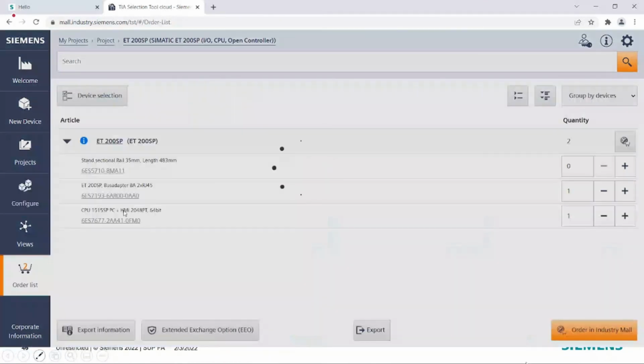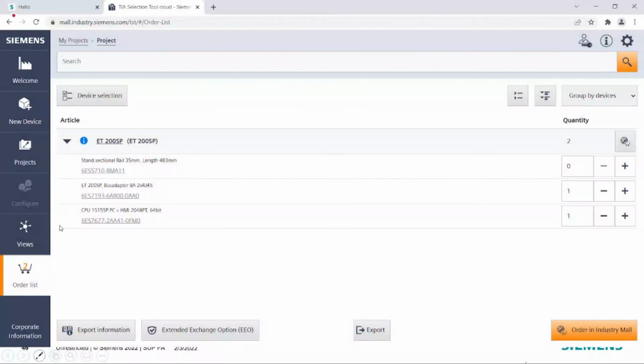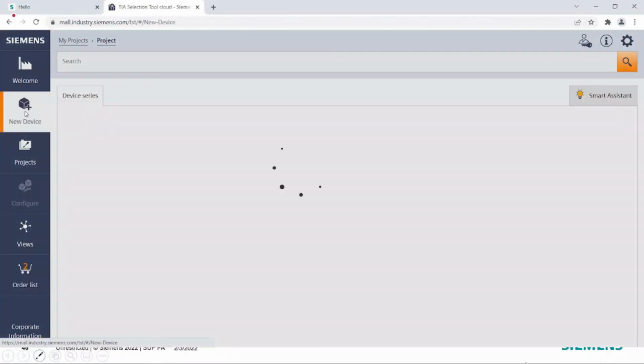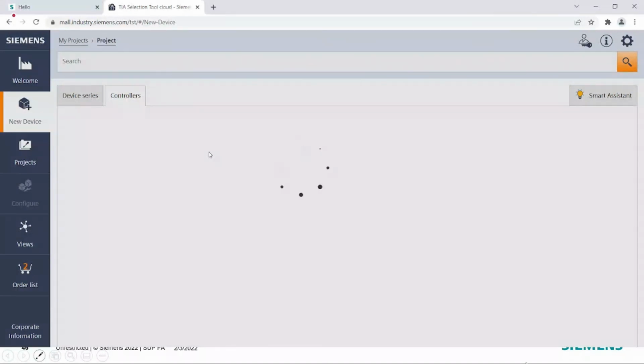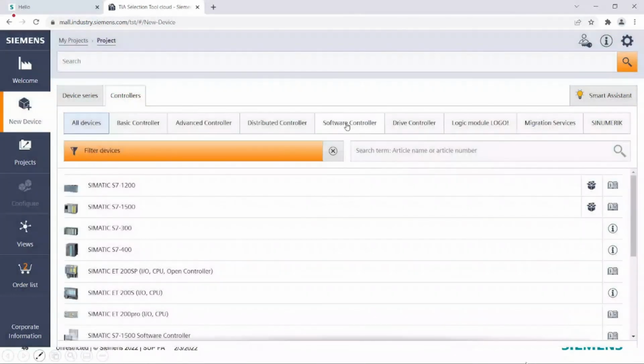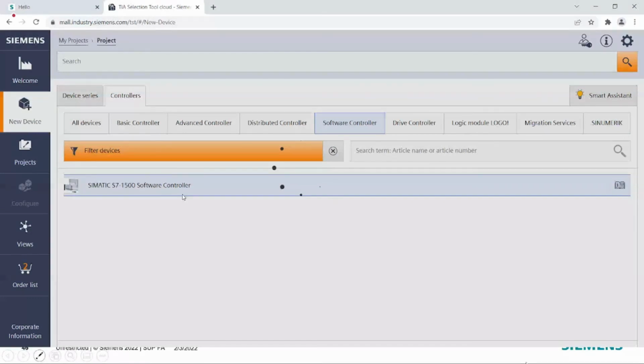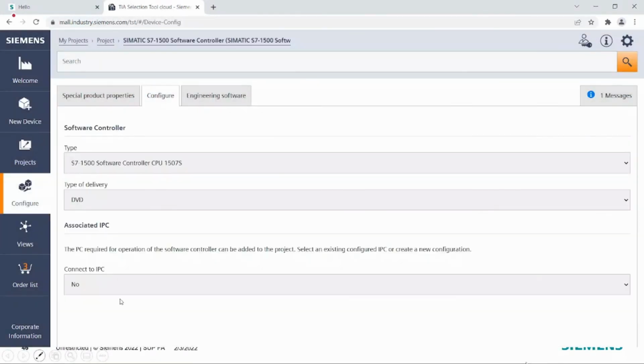Similarly for the soft controller, the selection is a little bit different, because on the soft controller side, first you will definitely have the soft controller option available. So that is a software review. First it will tell you that you have to order it. But apart from that, you can use an existing IPC, or you may want to order a new IPC, because a soft controller always requires an IPC. So first for the soft controller you have to select which variant, failsafe or standard,